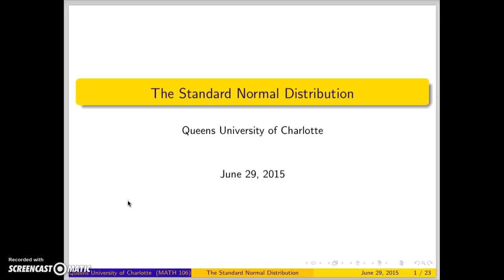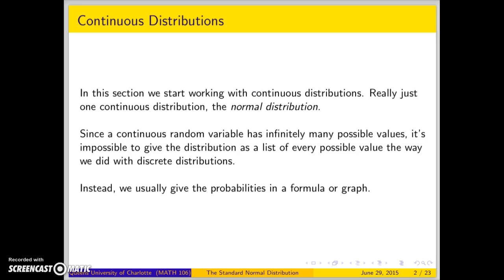Hi all, this lecture is on the standard normal distribution, which is a very important lesson since next week's lessons depend directly on this one. So the standard normal distribution is a continuous distribution, and there are a couple of things you need to know